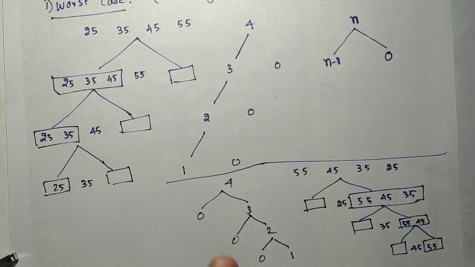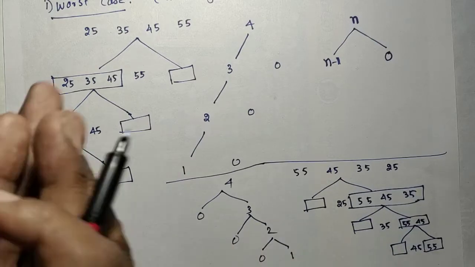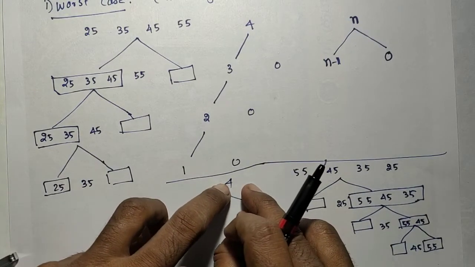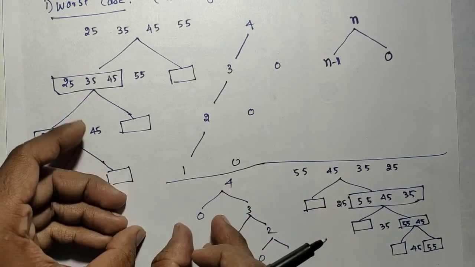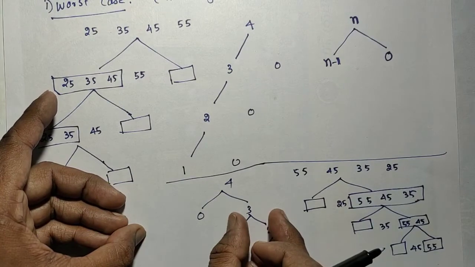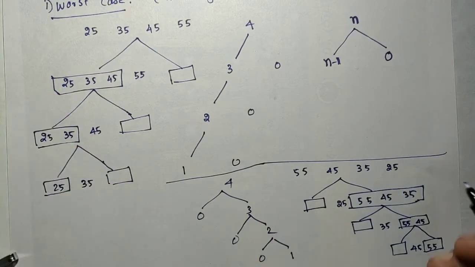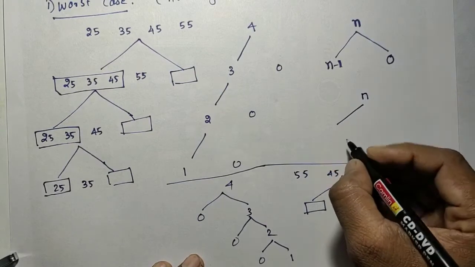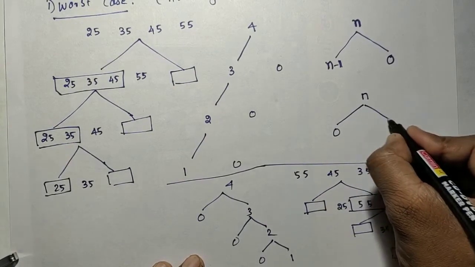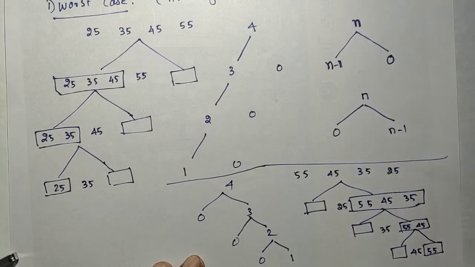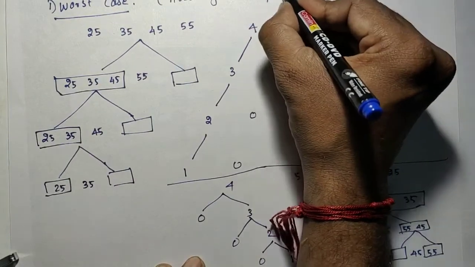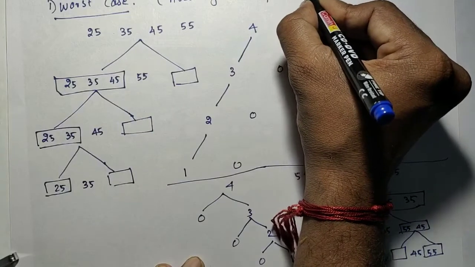Here it is not going to be divided into n by 2, n by 2. But in the merge sort algorithm, 4 is the input. In the first subproblem 2, second subproblem 2, like that it will be divided. But here in this case, n is going to be divided into 0 and n minus 1. Okay, so it means that ascending or descending order.